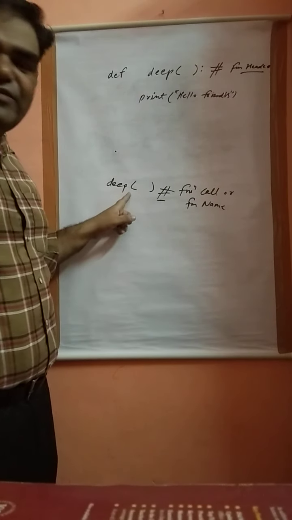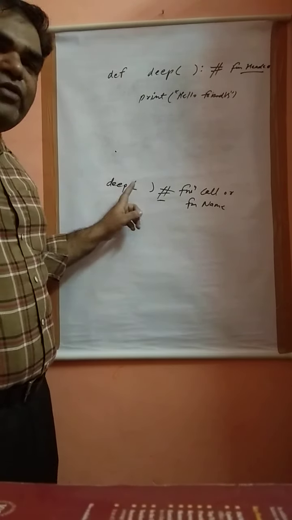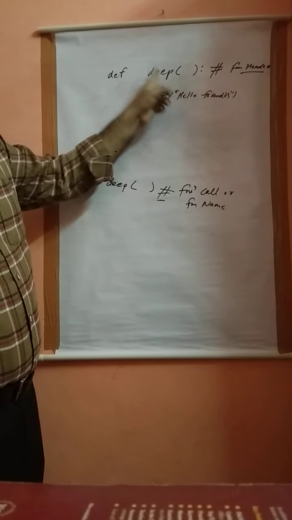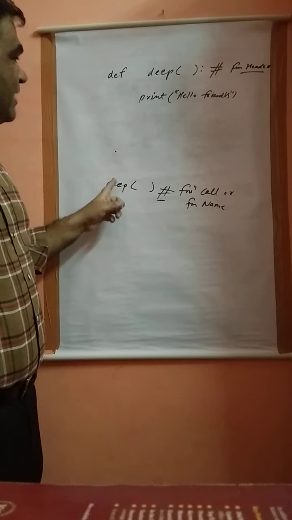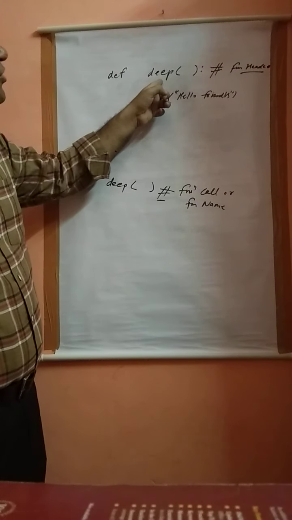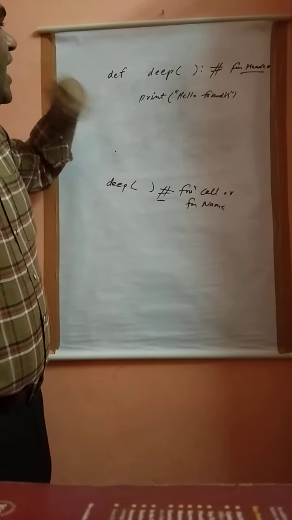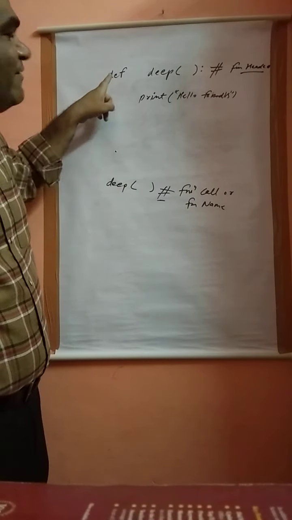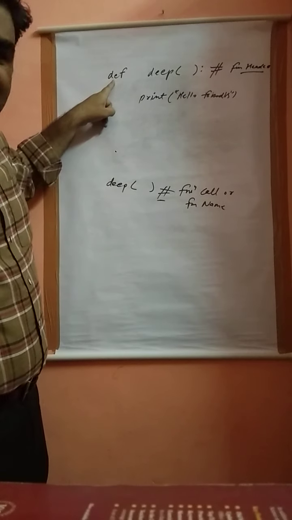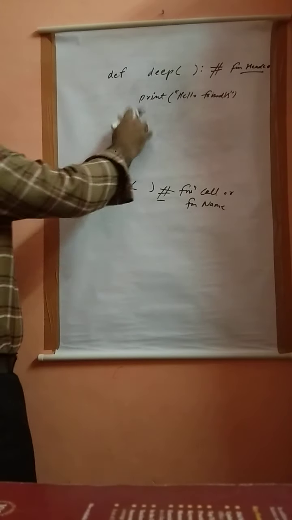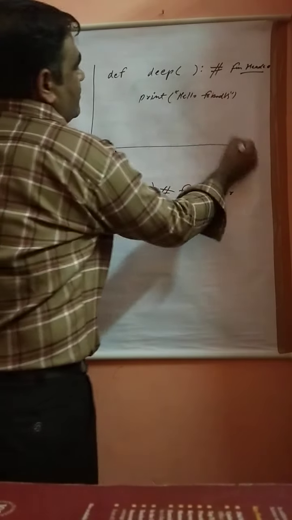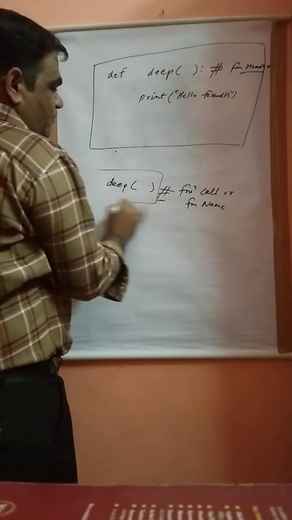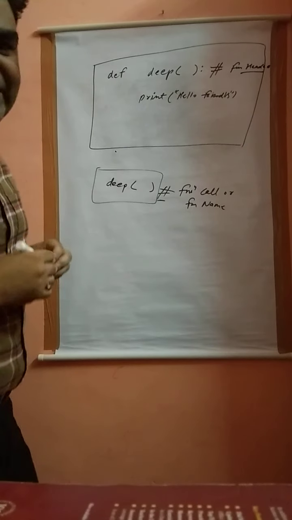So first we declare the function name or function call over here, and after that we declare the function definition or function header. The function name and the name declared in the function header are both the same, and the function header or function definition always starts with the def keyword. This is the function definition block, and this is the function call or function name block.